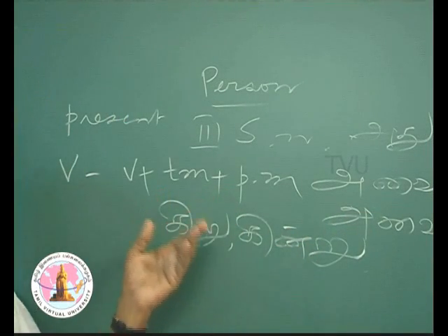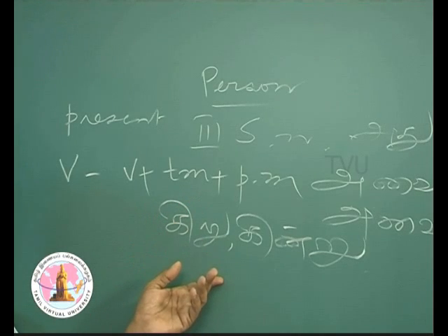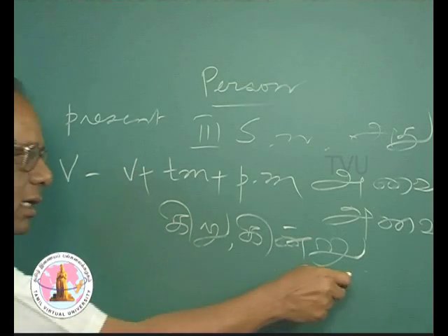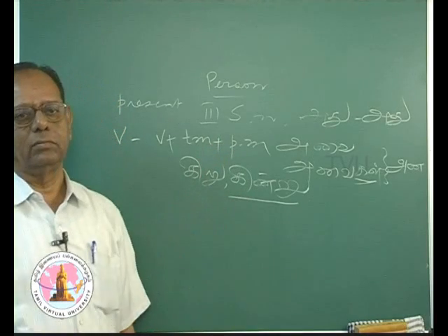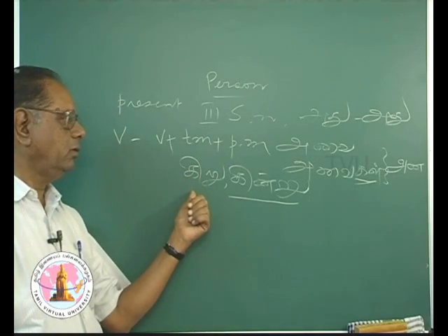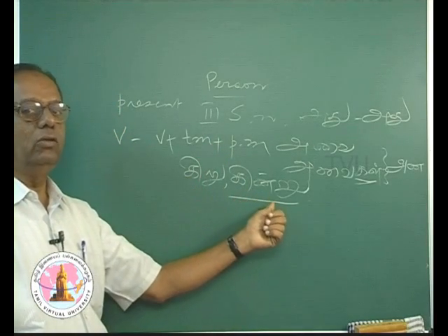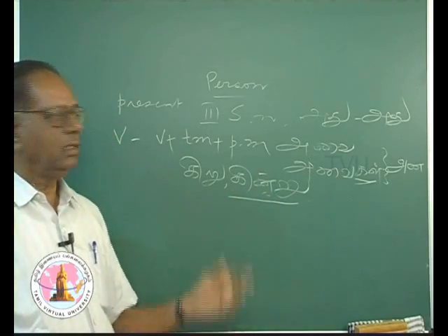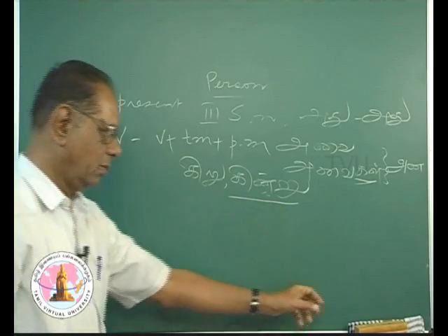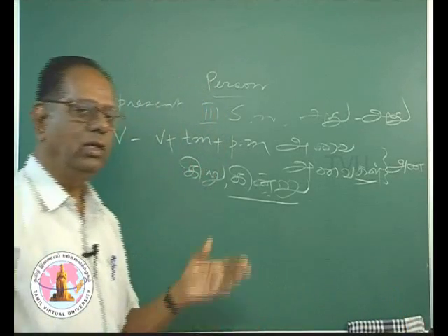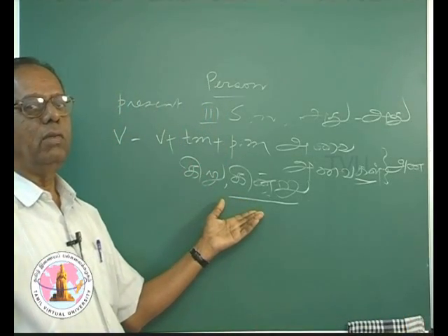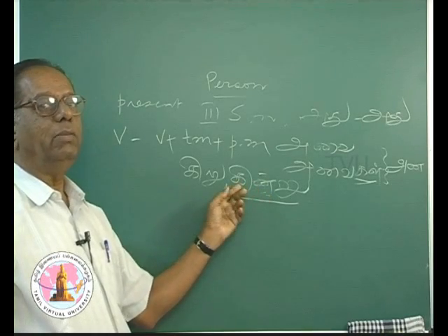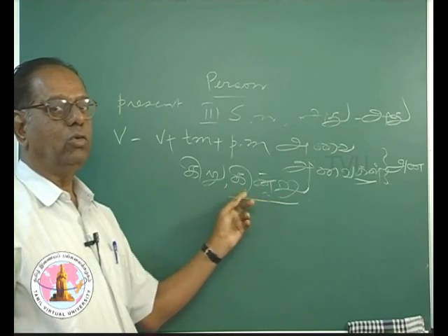There is one more tense marker in the present tense. It is kindru. This is kiru and this is kindru. One letter in between is added. Actually, there is no difference between these two markers, except this has a nasal sound in between two hard sounds.